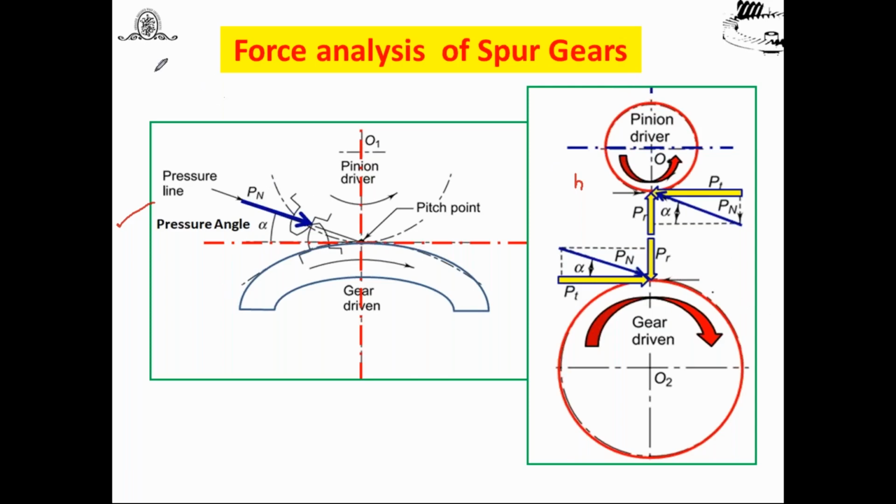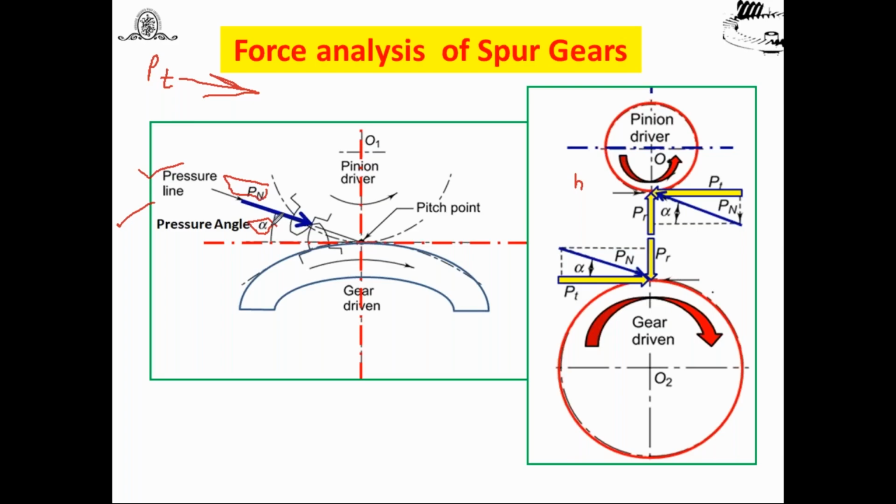You know very well the tangential component PT, which plays an important role. Because of this tangential component, a force is exerted on the gear, and because of that the gear rotates. That means the tangential component is the important component required to transmit motion, torque or power. Again, you know very well the total force, denoted by Pn, always acts along the pressure line. And the pressure line means this is the pressure angle.